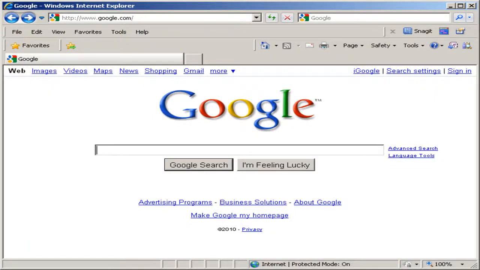Hello, what I'm going to show you today is how to download and install a PDF reader. A PDF reader is a type of program that allows you to display the information that's contained in a PDF